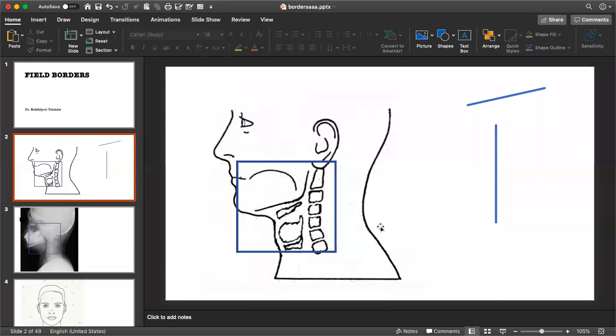What is the idea behind trying to save the hard palate? Can anyone answer? Apart from mucosal toxicity, minor salivary glands, right? We would be treating bilateral parotids whenever you are planning a lateral opposed beam. There is no way of saving the parotids. And if you can at least save the minor salivary glands in the hard palate, you can take care of the xerostomia of the patient to some extent, although it is not possible in conventional planning.